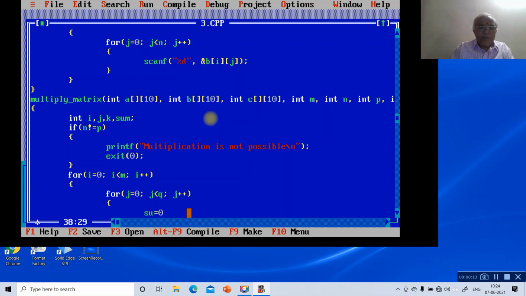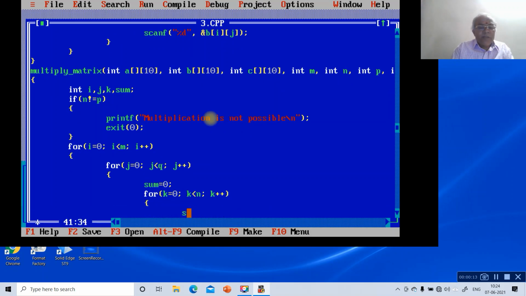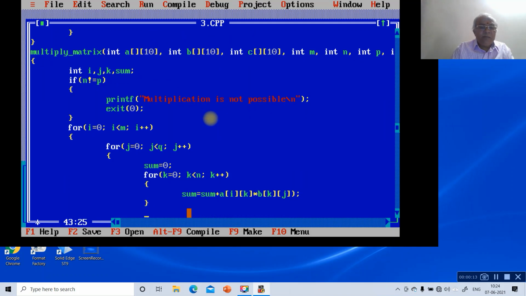Here sum = 0, then for k = 0; k < n; k++, open the loop, sum = sum + a[i][k] * b[k][j]. Then c[i][j] should be equal to sum.